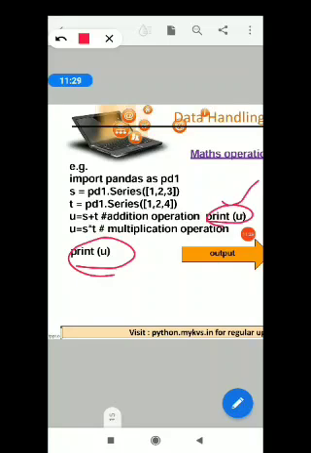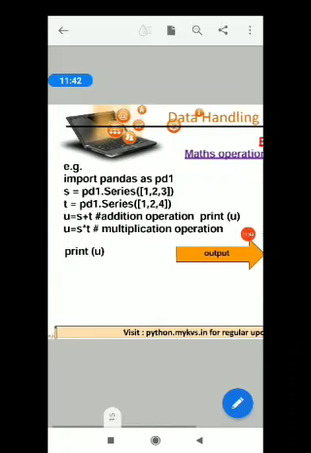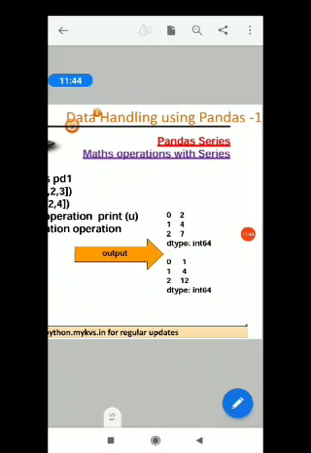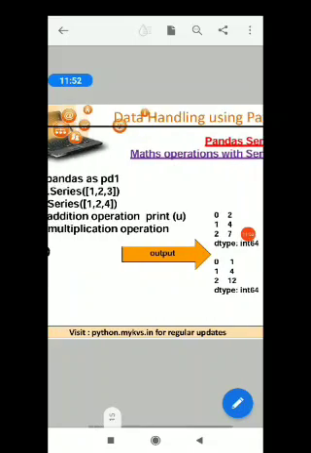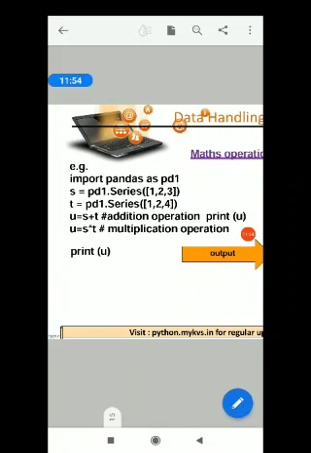This print U should be after this line. It is there in the same line. This is the problem here. Okay, in our program I'd like to rectify it and see the answers. For addition 2, 4, 7, and for multiplication 1, 4 and 12 is coming. Okay, the output is all correct.